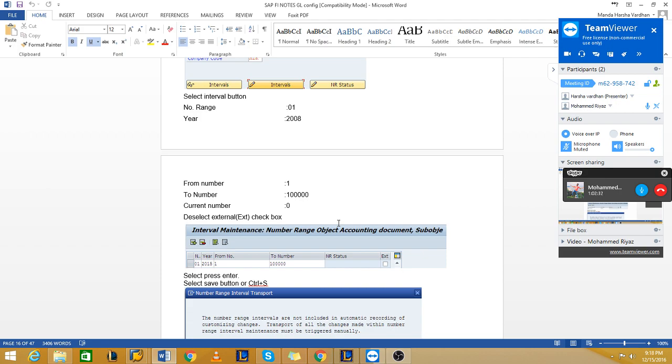So for each company code, you will assign your own document number ranges for a document number range key. For example, in the case of SA, you are using number range key 01, and for that 01 you will assign a number range. So whenever you post a document, those document numbers will be derived from these number ranges only.